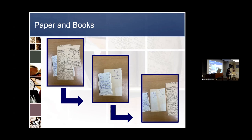Which is one way to handle something like this, right? So that way you keep it all together, and you don't lose any little parts. I would say if this was something that I was dealing with, I would probably try to flatten it as best as possible. And if it was important, you could also maybe put it into a sheet of Mylar, like this, just